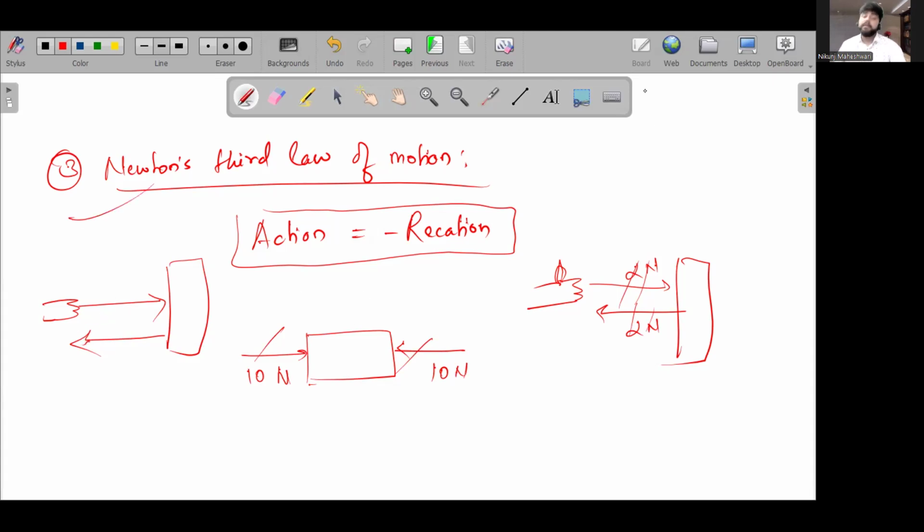And that brings us to the end of the session. That is the three laws of motion that we've discussed. So please remember, Newton's first law tells you that you need a force to change the motion. Second law tells you how to calculate that force. Third law tells you the effect of that force once you start applying it.